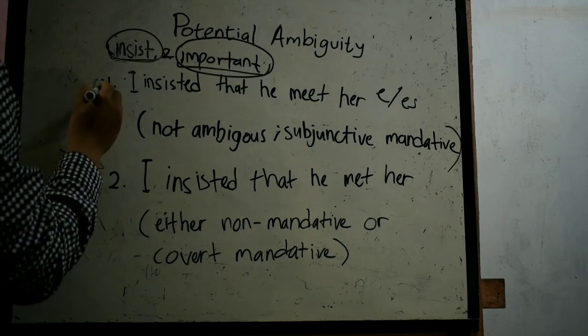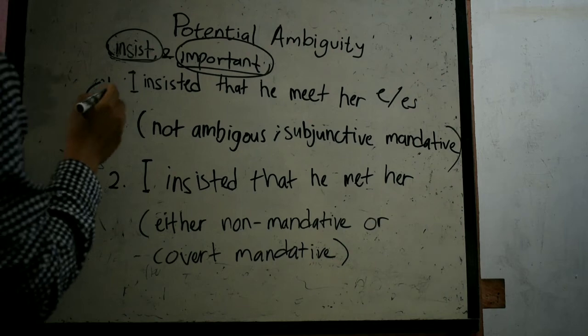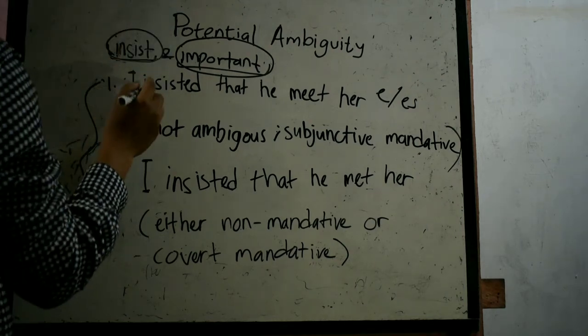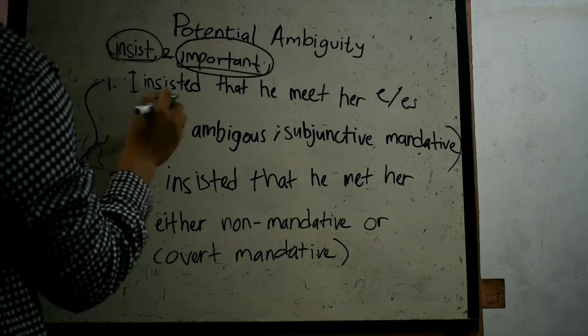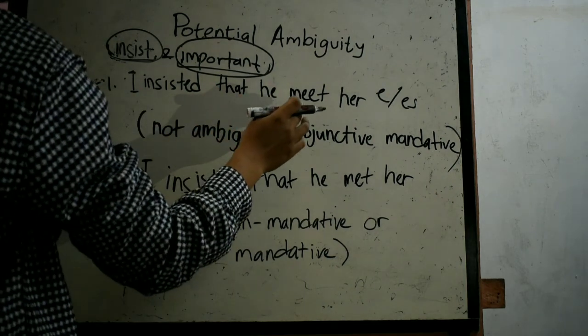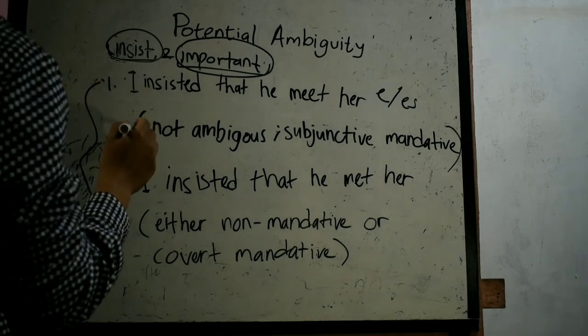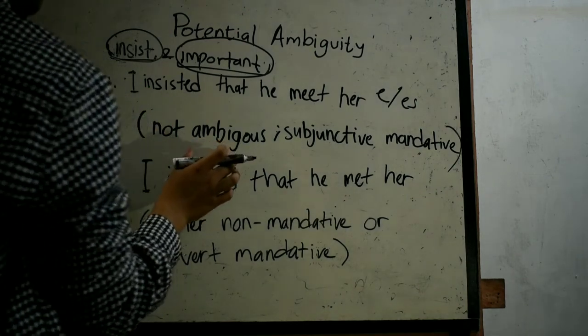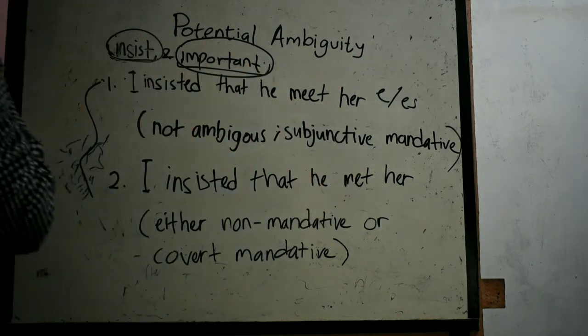These two examples make a sub-contrast. Number one, include in insist. I insisted that he meet her. This sentence is not ambiguous and includes subjunctive mandative